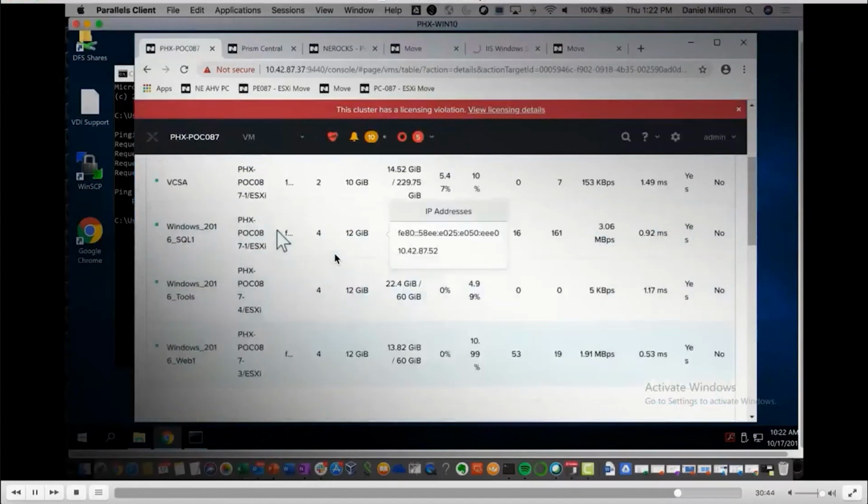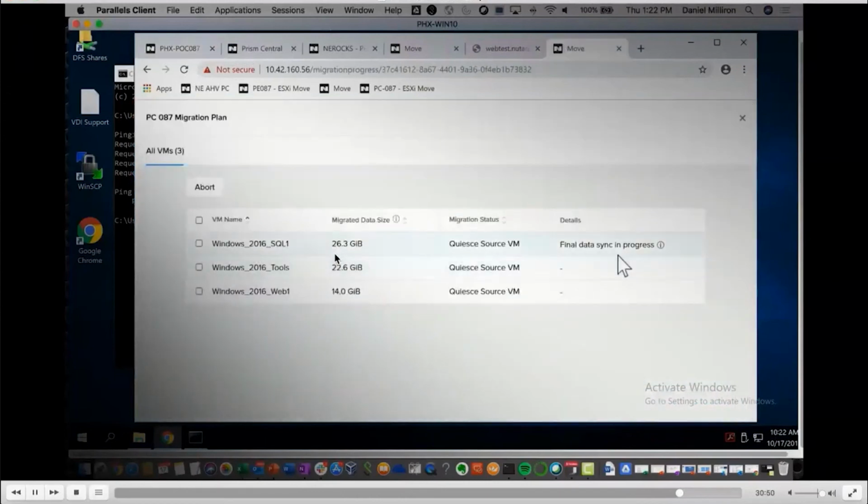All right, so let's see here. These should be turning off any minute. There you go. So they're all turned off at this point. Go over to move. We can see final data syncing, creating those last snapshots and syncing. Make sure we have all of the data committed over into the new environment, and now it's going to power them all